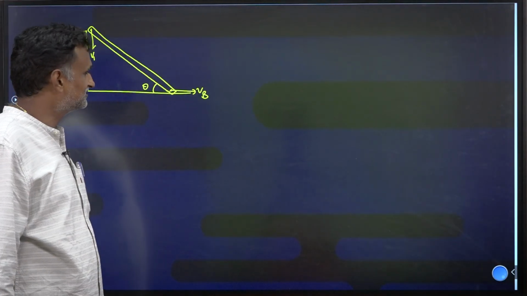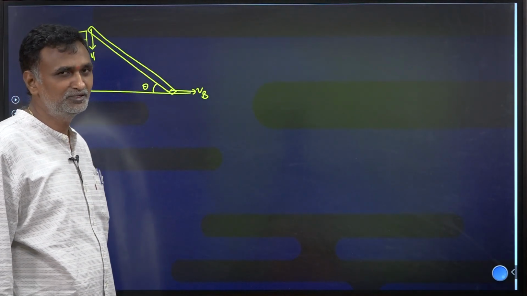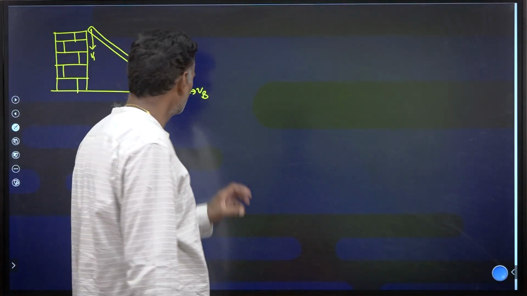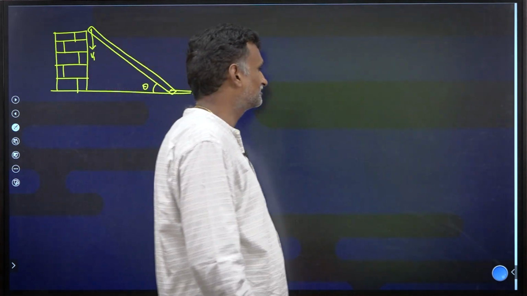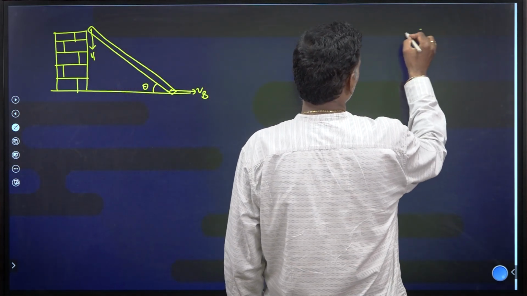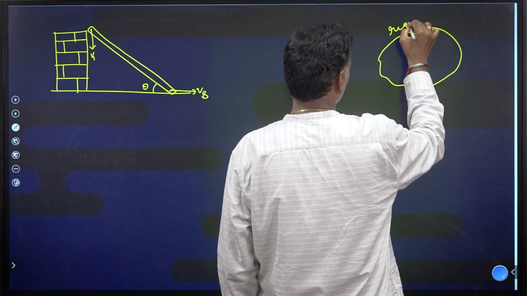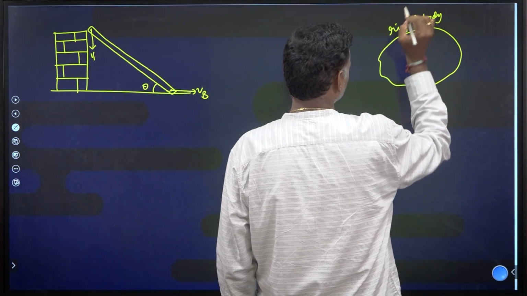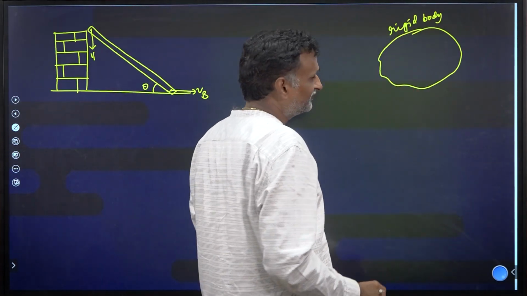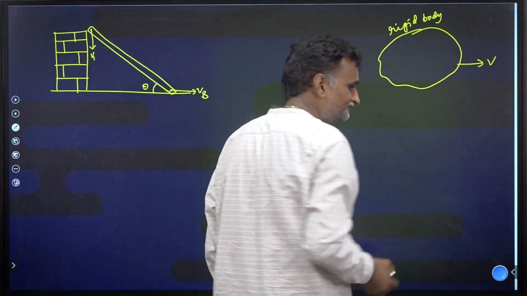If you listen to this carefully, in most cases we can solve it this way. So let us give the relation. Before giving the relation, we need to know about one concept. What is that? If it is an object and it is definitely a rigid object, a rigid body moving to the right with the speed v1,